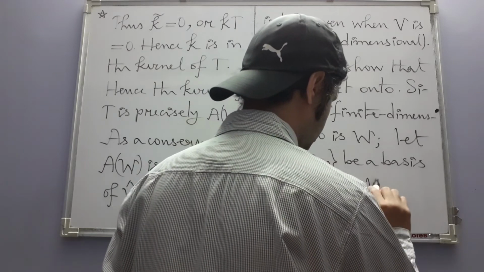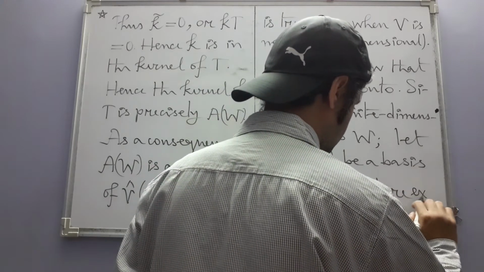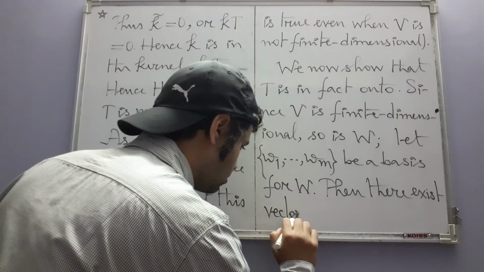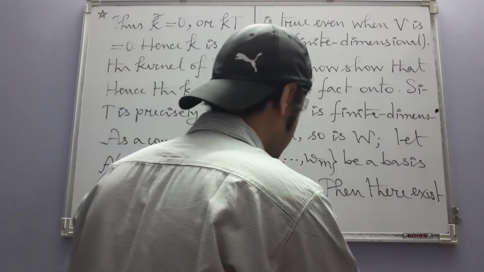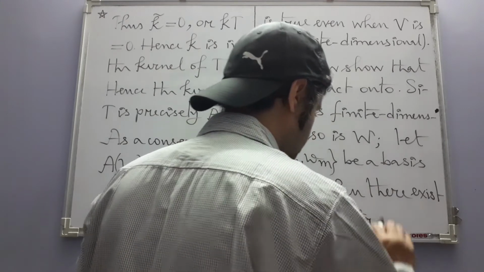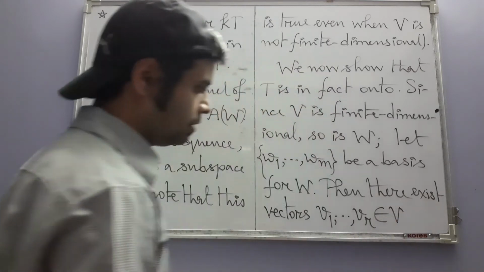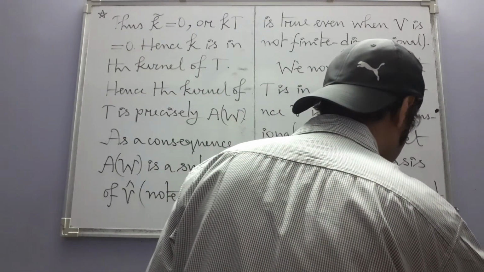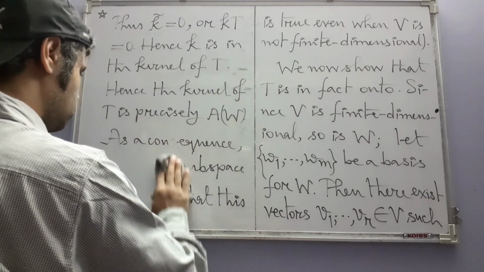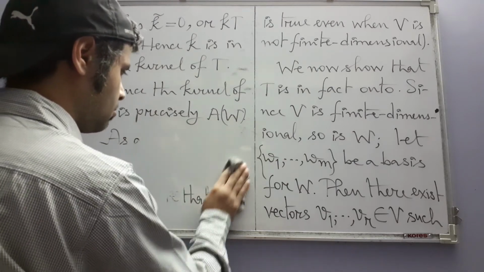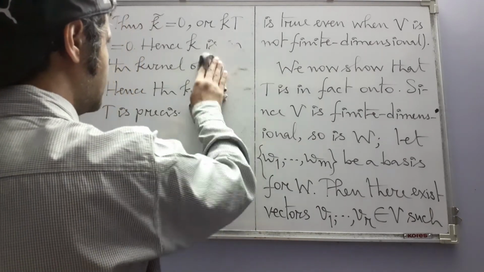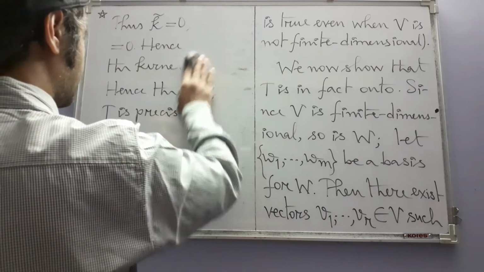Then there exist vectors, elements, whatever you may want to call them, V1, V2, etc. up to Vr, belonging to V, such that, and you can clearly see that we have already started using finite dimensionality here,